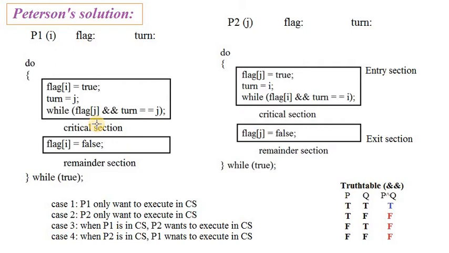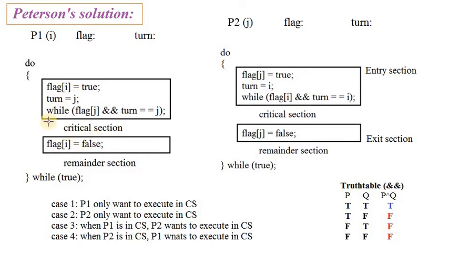After completing the critical section execution, the program will exit from the critical section and enter the exit section. Here in the exit section, the interested status of that particular process, which I previously set as true, we need to set as false. Why? Because we should give a chance to other programs to enter the critical section. Maybe some other programs are waiting outside for the critical section. That is why we set it as false.